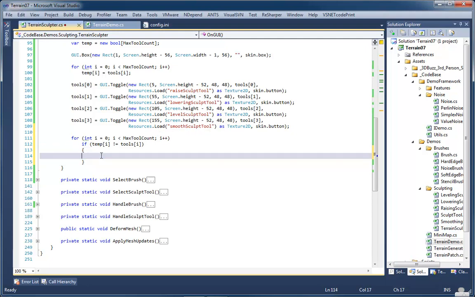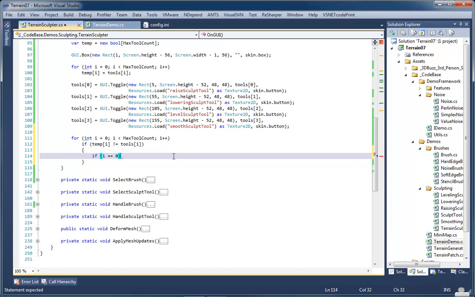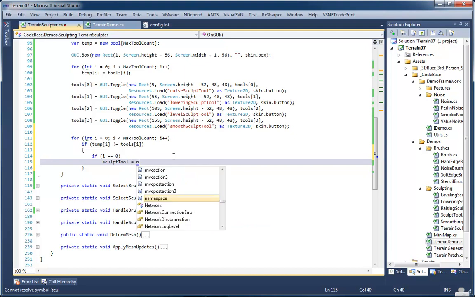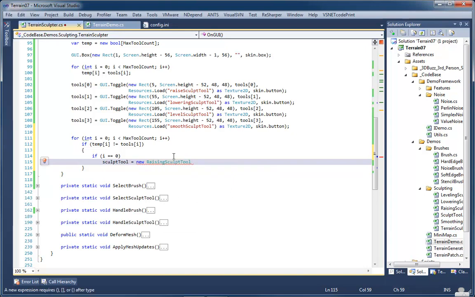So another one of these really fun ones. If I equals 0, I love making you cringe because I know that's what you're doing right now. Not after you see what I'm doing here. So sculpt tool equals a new raising tool. And then